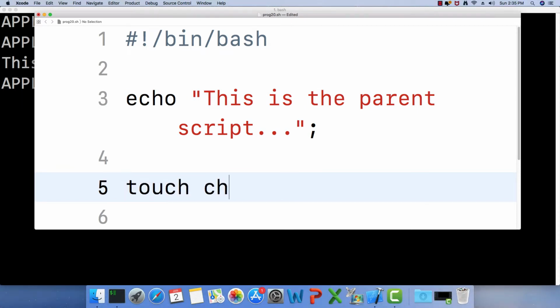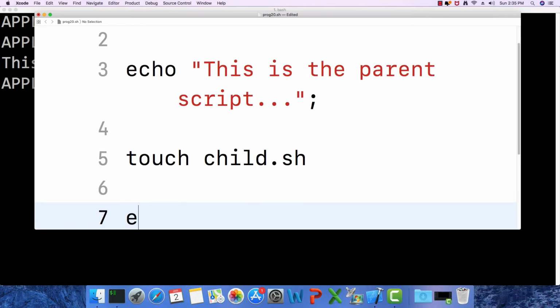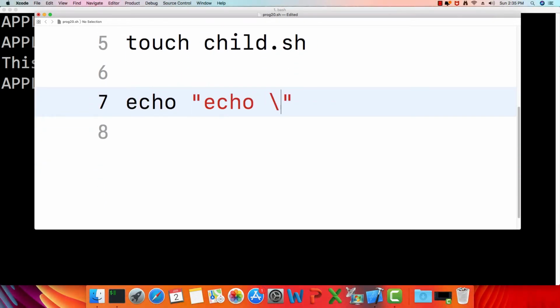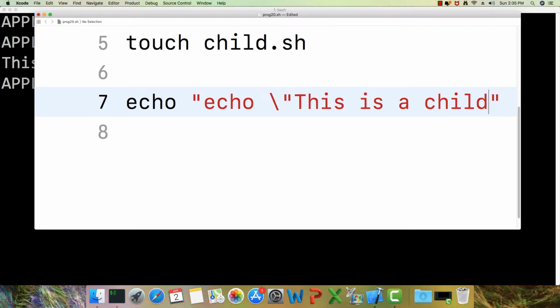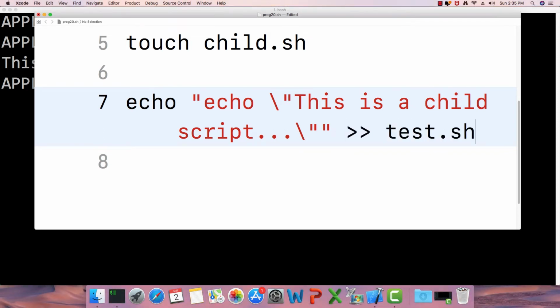Touch child dot sh, echo, this is a child script. chmod 755 child dot sh.